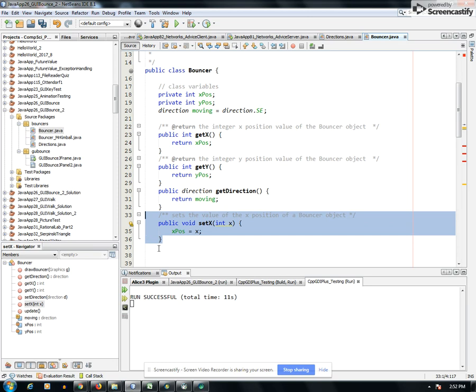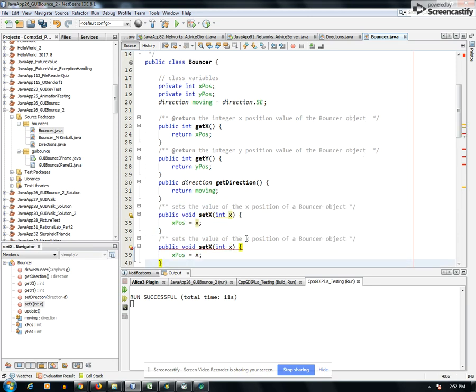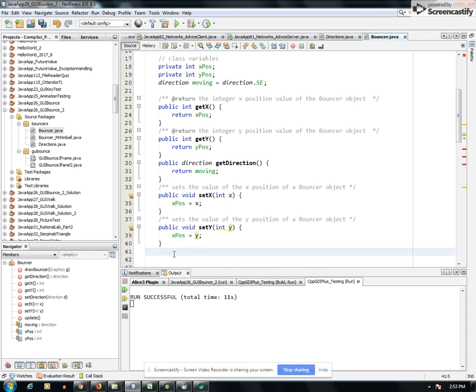We do the same thing with y, and we can save effort by copying and pasting as long as you change all the relevant detail. And then finally, we'll do the same with direction. Public void setDirection,